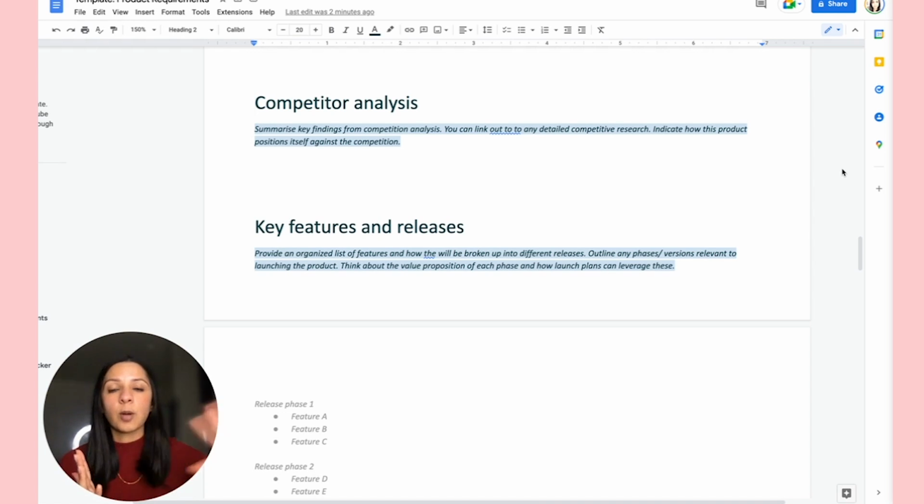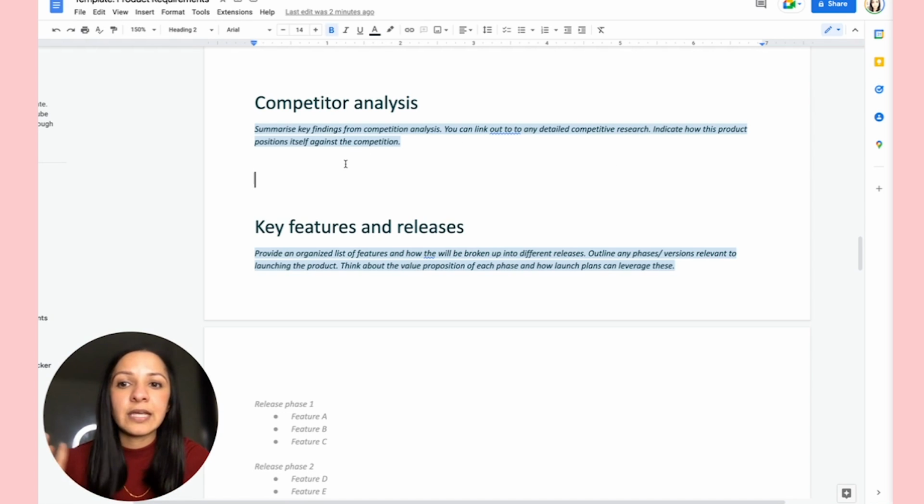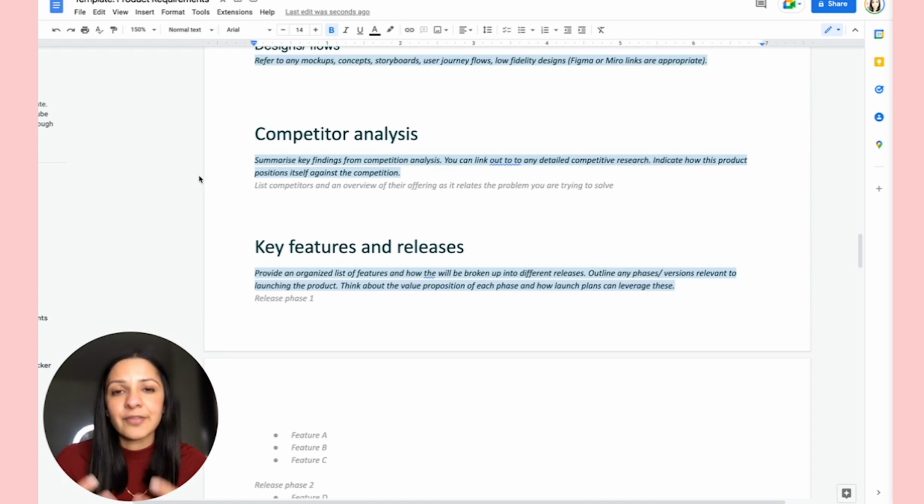Again, you probably have some other place where you've documented your research analysis. This could be in Miro, this could be in a slide deck, this could be in a spreadsheet if you're comparing different things. It could just be in a Google Doc, right? Just link out to your competition. And I think the main thing in the product requirements doc is to, one, mention who the competitors are. Now the other reason I would put